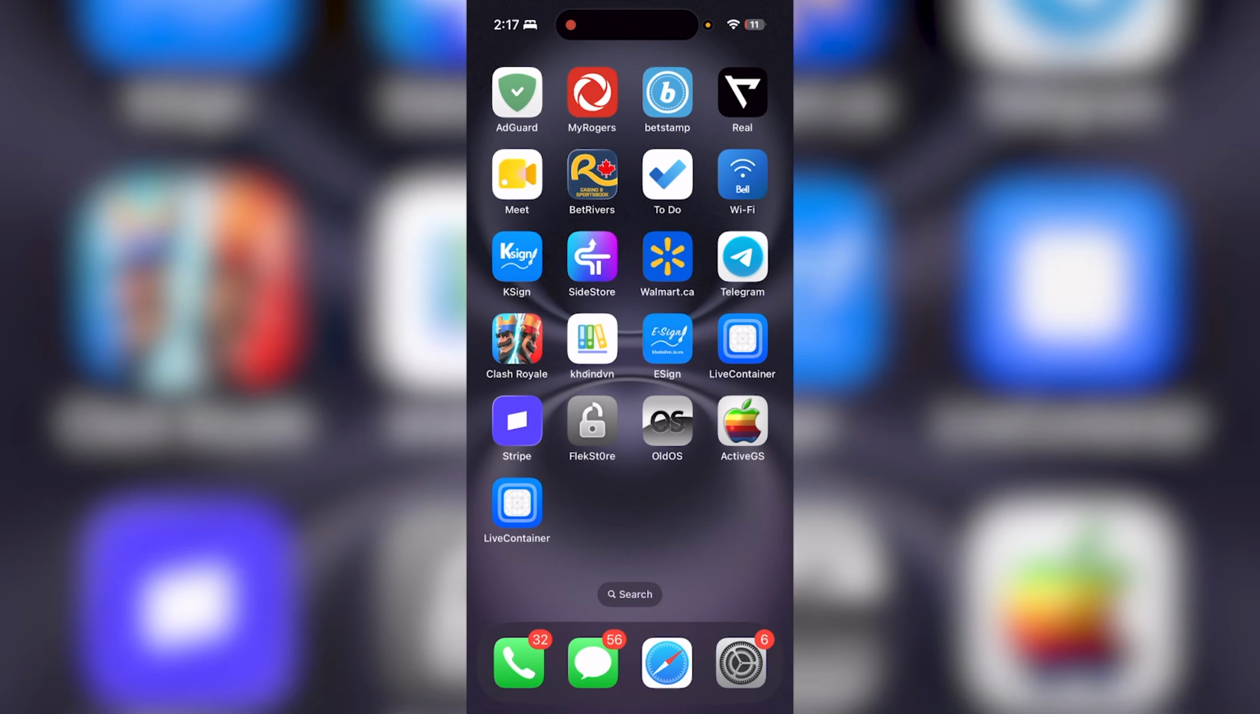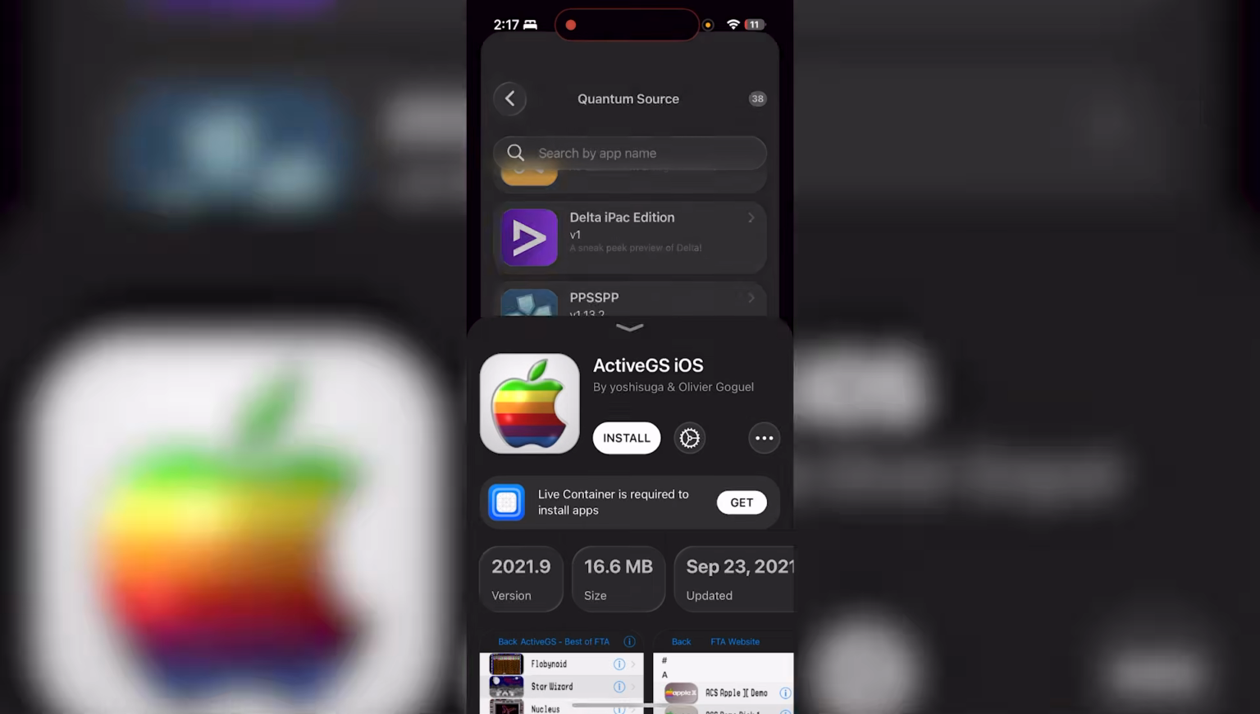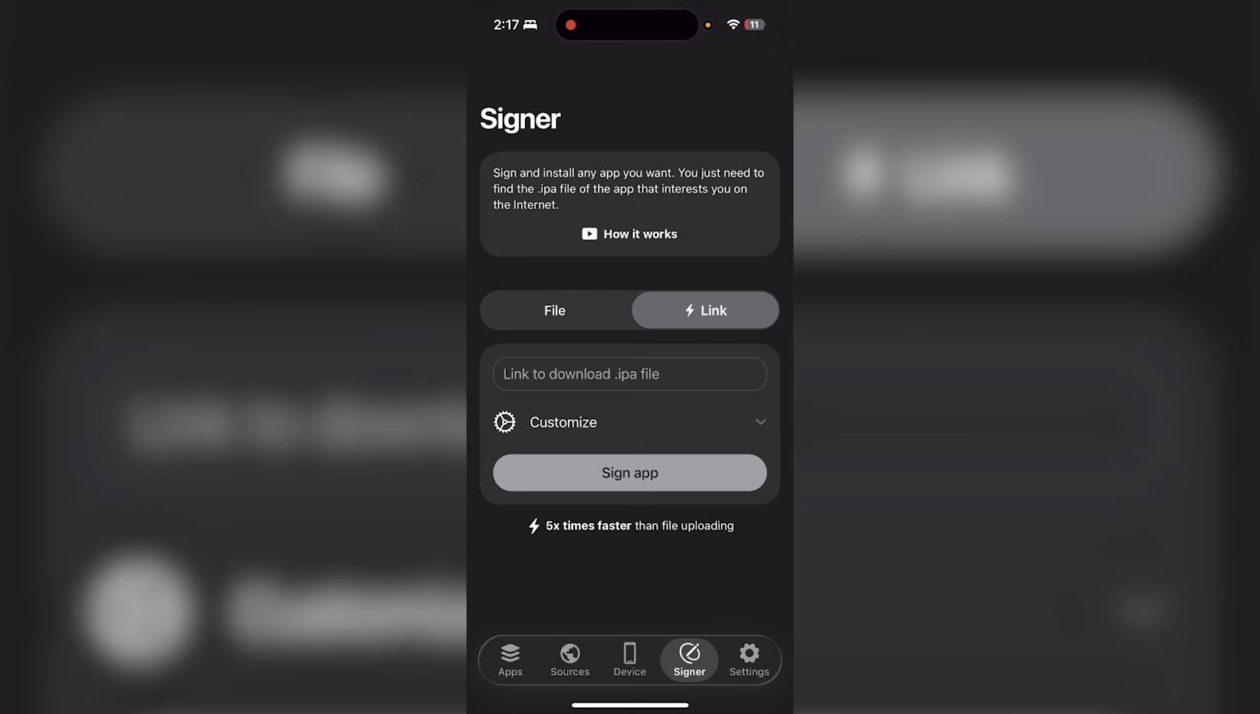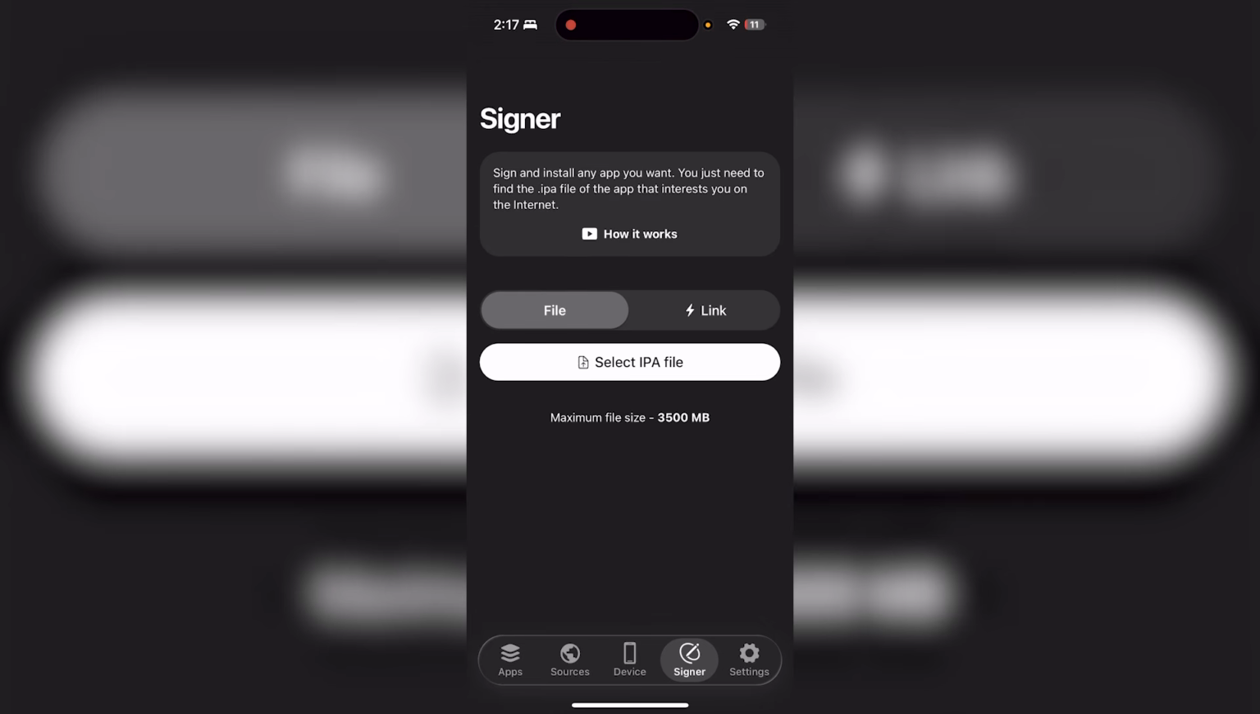The last thing that I want to cover, guys, is the signer. So if you guys go into signer here, you guys can select an IPA file or even a link as well, which is 5 times faster than file uploading. But for this video, I'm just going to be doing a file since it is a bit easier, and the maximum file size is 3,500 megabytes, which is a ridiculous amount already. Most IPAs just don't have that much,